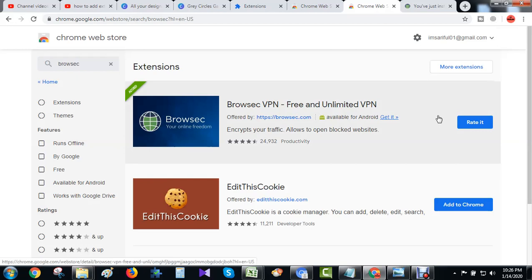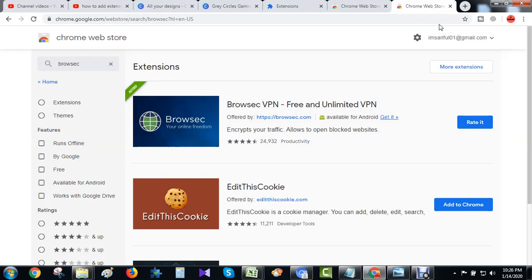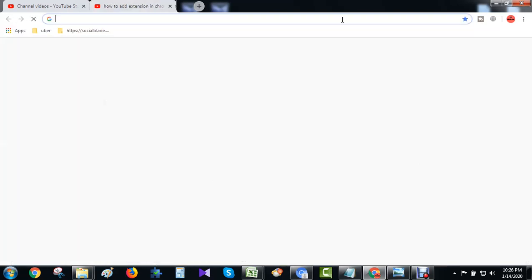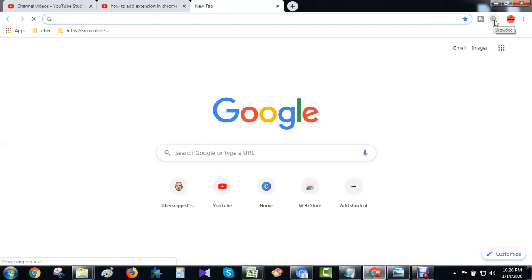Now I wanted to show you how to remove the extension. I can remove all of my pages. Here you see this is the extension. Now I want to delete the extension. How to delete the extension? Just click here,